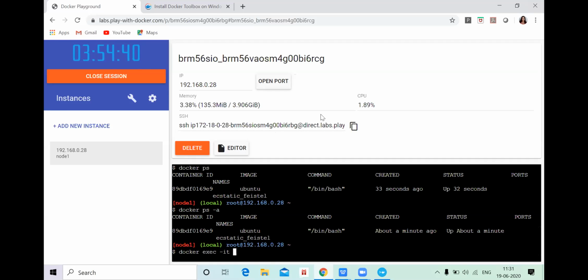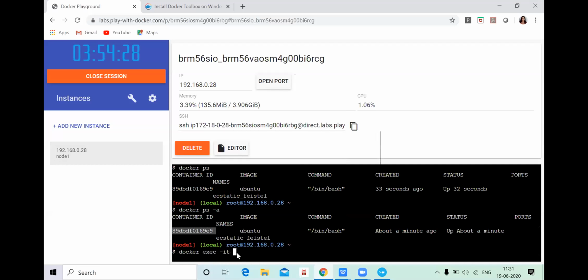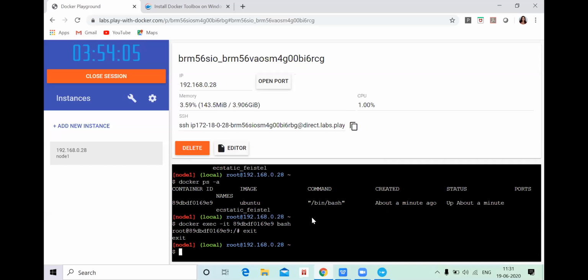You have to copy the container ID, paste it, then space, and write bash, then enter. Now you can see we have moved inside the container. If you want to come out of this container, you have to write exit.